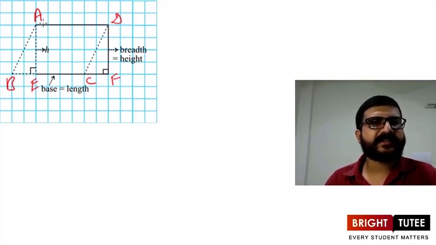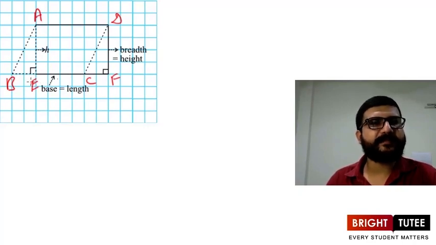such that a rectangle AEFD is formed. So here is one rectangle formed by cutting off one triangle from one end of the parallelogram and by pasting it on the another side of the parallelogram. By doing that, we get one rectangle. So now what do you think about breadth of this rectangle? Breadth of this rectangle, which is DF, this is nothing but height of the parallelogram ABCD corresponding to the base